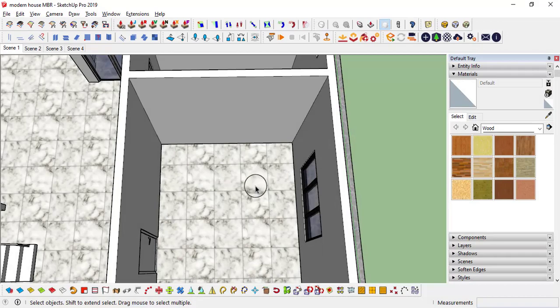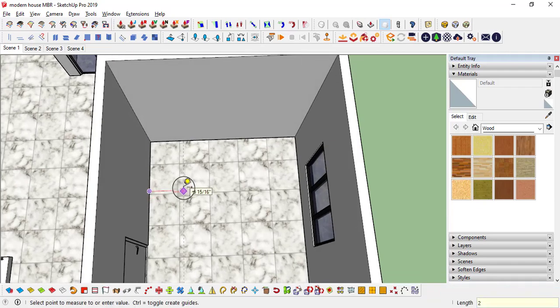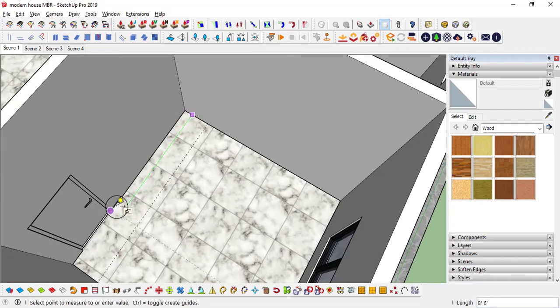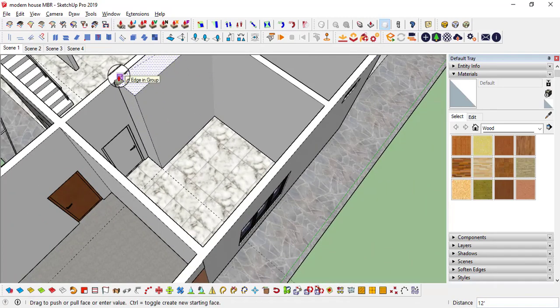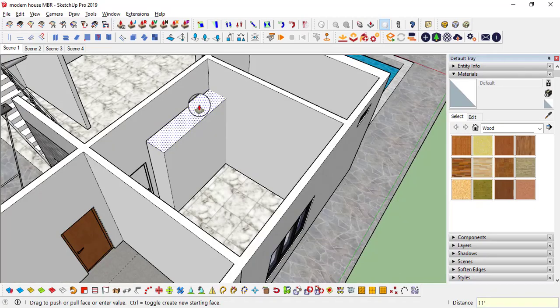So first of all, let's measure the distances. From here to here it's like 12.5, but first of all I need to leave 2 feet for the wardrobe, and in this direction up to this door is 8.5 feet. So up to 8 feet I am going to make the wardrobe. I will make the rectangle and pull it up. I have given this floor height as 12 feet, so in that 1 foot we are going to make the ceiling. 11 feet I am going to make the wardrobe.